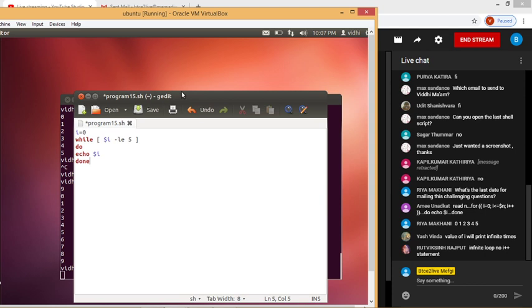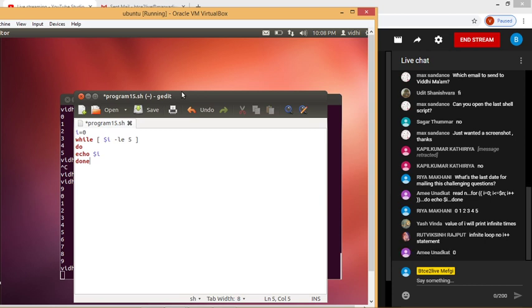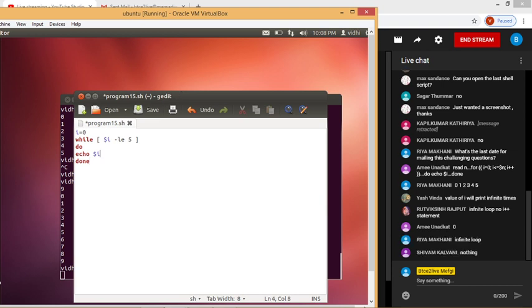Why will it print infinite times? Because here there is no increment. Every time the value of i will be 0. So while will check whether i is less than equals to 5. Yes, because our i is 0. So to make it correct, we need to